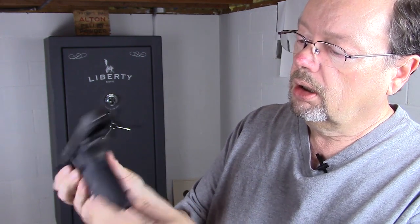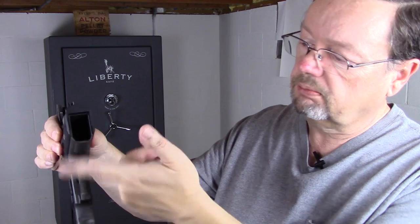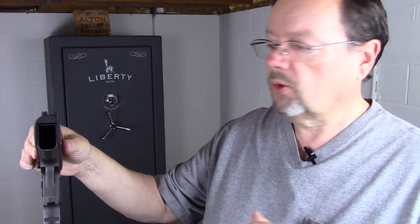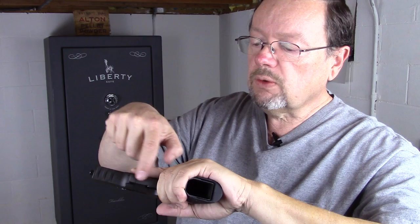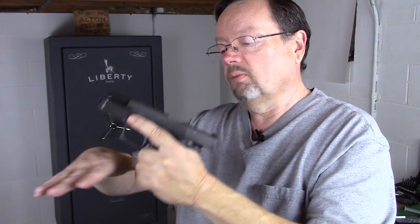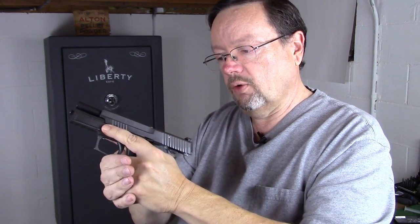So that's good. To give you a close-up of the G10 grips while I'm right here, you can see the checkering, just very, very nice checkering, back, front. But there is one thing that I will mention about that. Now, when you go to grip the handgun, see where you have the checkering right here? Well, because of the size of my hands, I can't really use this as, like, say, an indexing point. So I'm going to go ahead and get my index finger right there and then go ahead and turn,